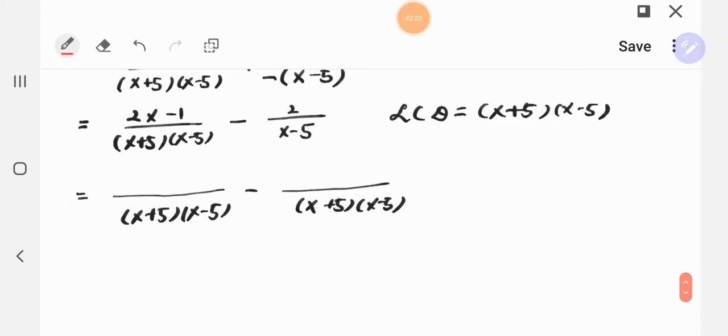The first fraction has the same denominator, so write the numerator. And the second part, the numerator 2 should be multiplied by what? The missing factor from the denominator is x plus 5, right? So you have x minus 5, so multiply by x plus 5 to make the denominator. So multiply the numerator by the same missing factor, x plus 5. Okay, so from this,